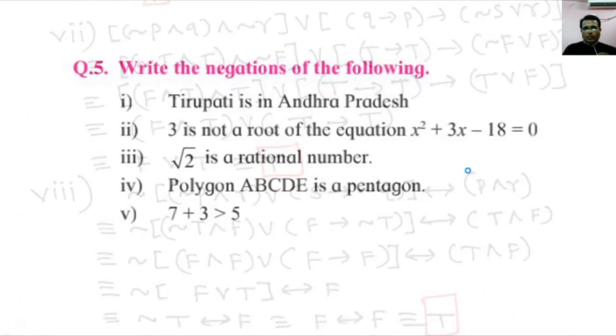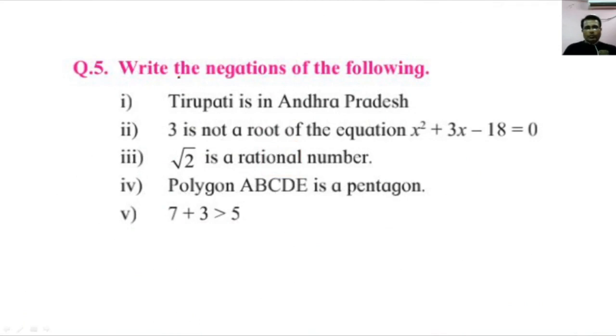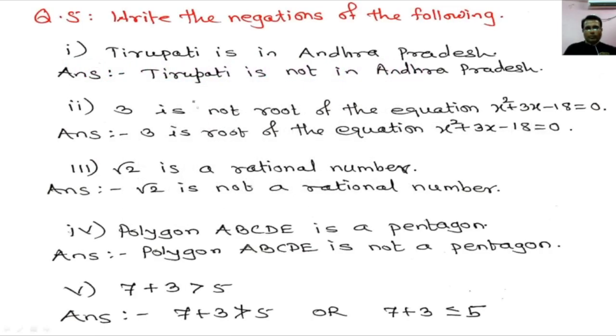So this was question number 4, and at last we are going to consider question number 5, and that is to write the negations of the statements. While writing the negations, we know that either we can use not at a proper place, or we can use some substitute words like it is false that, it is not true that, it is not the case that, or if the original problem contains the word not, just remove that, then also we get the negation. So see how we get the negations of these.